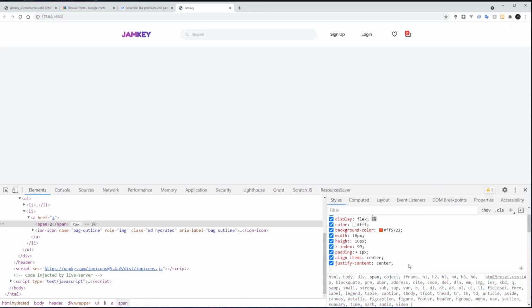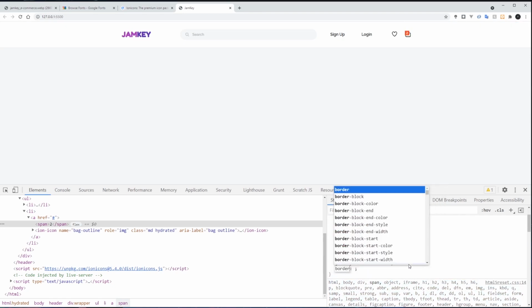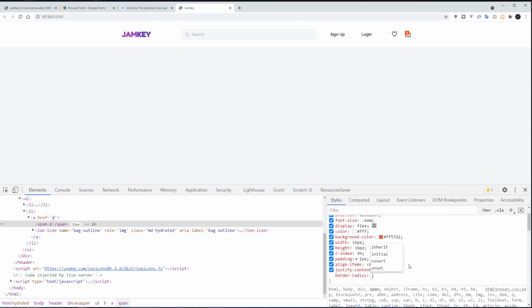Okay. Then we'll set border radius. So the border radius could be 50%. You see how they are rounded. Then we'll set left. We need to push them. We'll give them like 10 pixel. Okay. We'll see, push on out.